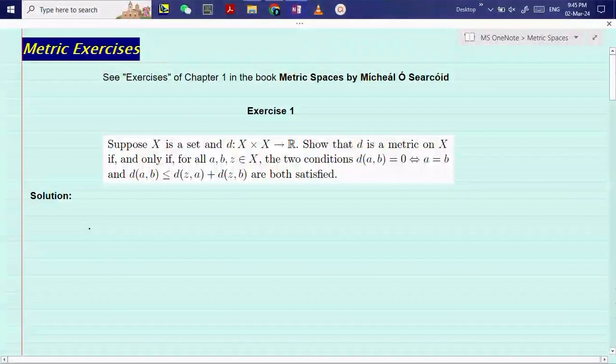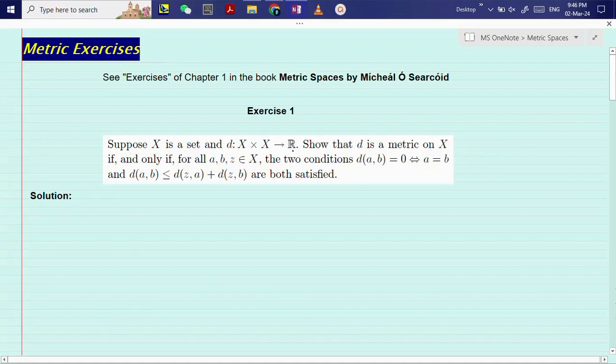We solve some exercises regarding metric spaces, and these exercises you can find in the book Metric Spaces by Michael O. Searcoid. This is the book, and you can find these exercises in chapter number 1. So first, my first question is that suppose X is a set and D from X cross X to